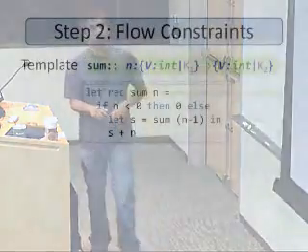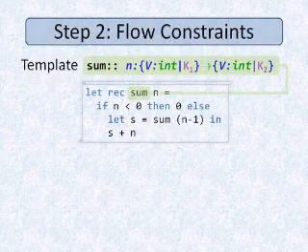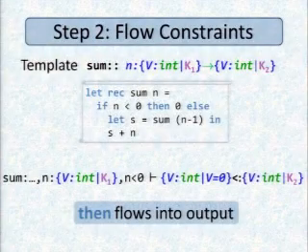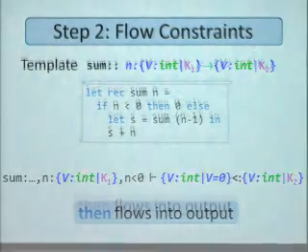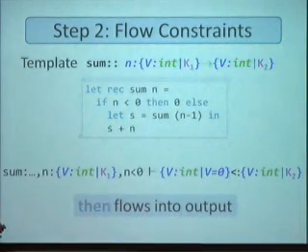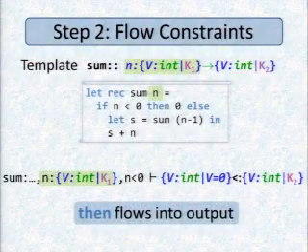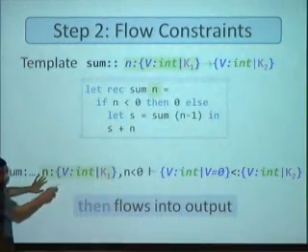Subtype, great. Okay, so let's go back to our beloved example and see what's going on. This is the template that we had for sum, with k1 arrow k2. Now let's look at the then branch. It says the then branch flows into the output. So what kind of constraint are we going to get? Let's see in what environment the then branch is evaluated. Here's the then branch, this 0. What are the types in the environment? We have a type for sum, which is this template. We have a type for n, which is the input. So n is known to have type k1. That's from the template.